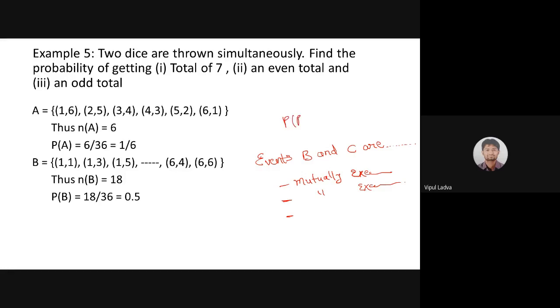P of B is equal to 1 minus P of C, and P of C is equal to 1 minus P of B. Now give me a comment on this, some labeling on this, quickly. Meghna, I'm expecting an answer from your side, please. Yes, sir. Both these events are... Complementary. Yes, both the events are complementary events of each other.